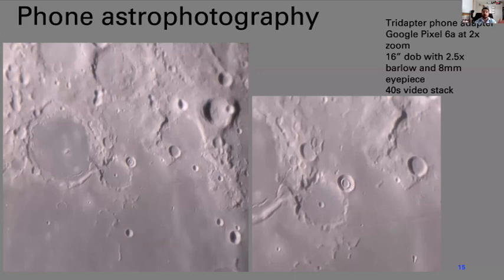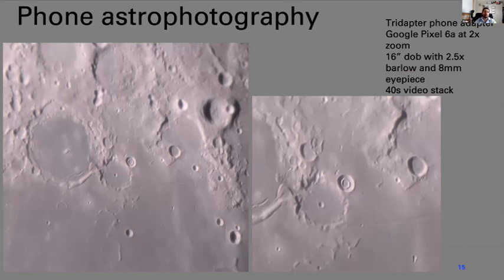I had previously tried imaging this crater multiple times using my actual astro camera, the QHY 462, which is one of the best planetary cameras available right now. But my results were nowhere near what I was able to get with my cell phone attached to my eyepiece. Now, part of the reason for that was that the seeing was exceptionally good that night. I think better than I've ever seen it before. So that definitely helped. But the phone itself was no slouch.